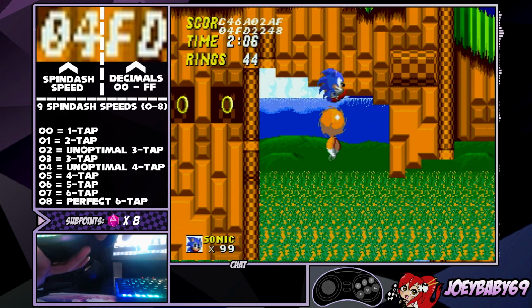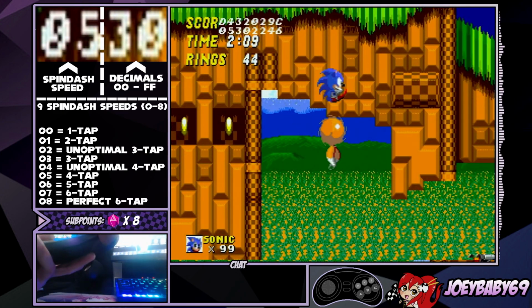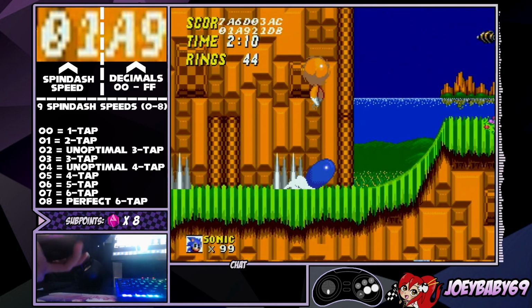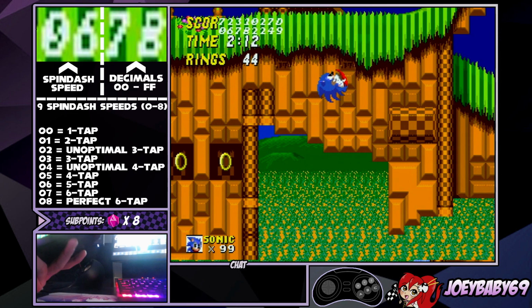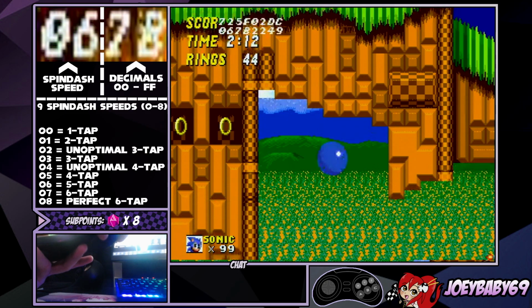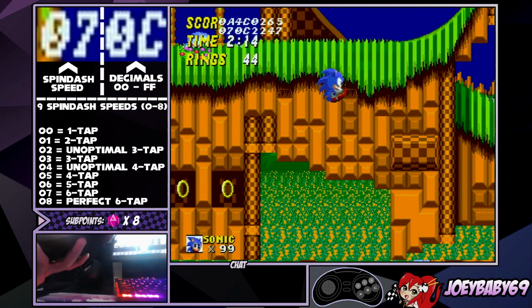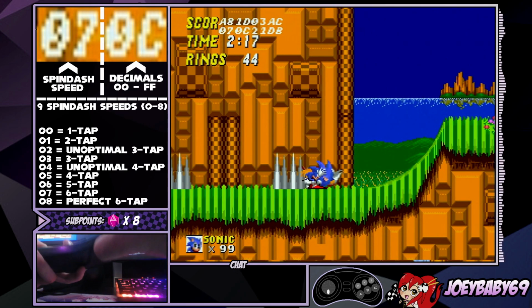Here's the unoptimal 4-tap. Only useful for Mystic Cave 2. And then here is the actual optimal 4-tap, which is useful for Mystic Cave 2 as well as Hilltop 1. And then here is 5-tap, useful for Casino Night 1. And then here is not the perfect. Here is the 6-tap, useful for pretty much the whole game. There you go. And then finally, you have the perfect spin dash,